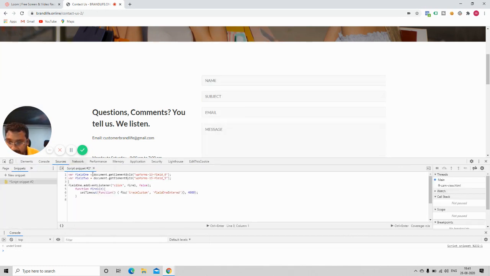I'll show you some amazing stuff, just bear with me. Right, these three. So I'm going to replicate the same thing here, the same function.